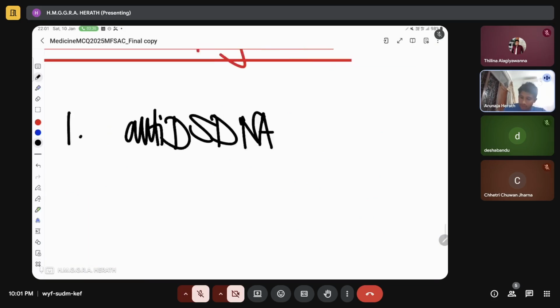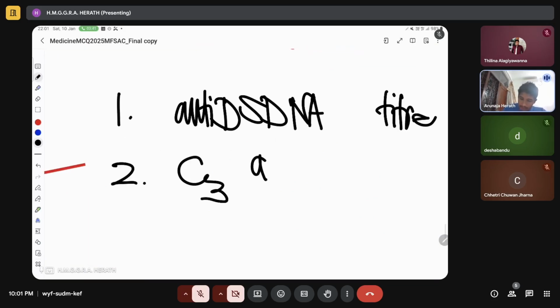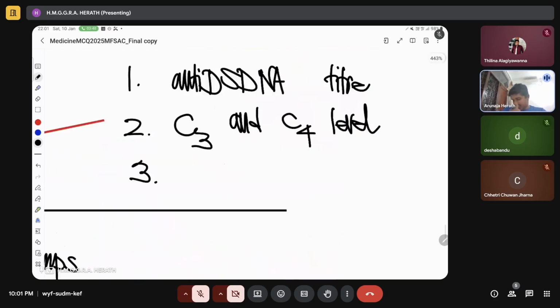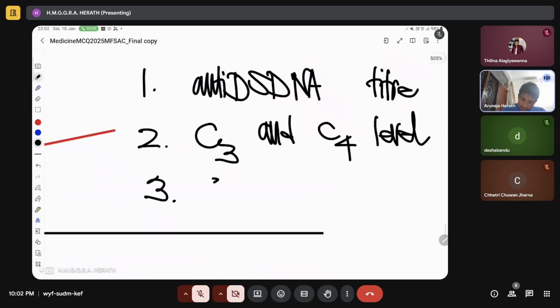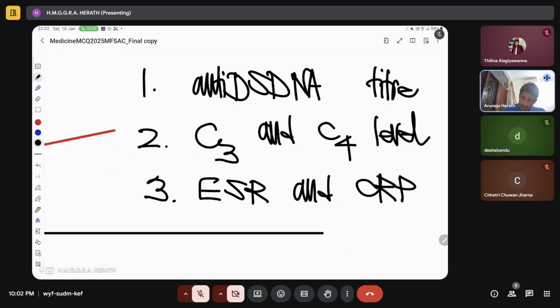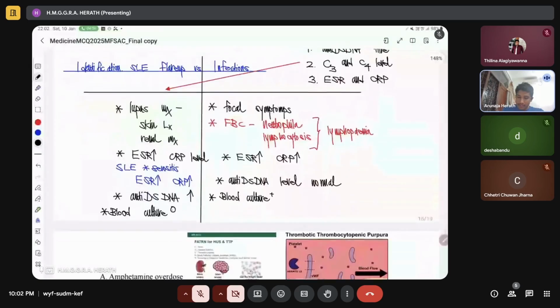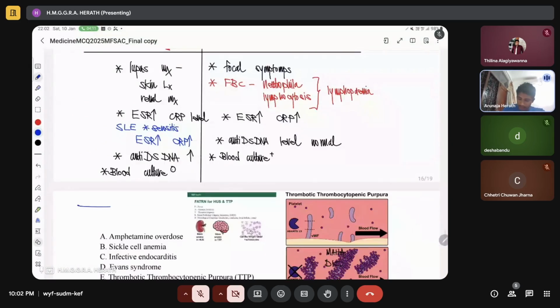that is one thing used to diagnose an SLE flare-up. C3 and C4 levels are also used to diagnose an SLE flare-up. Another is ESR and CRP, which is however non-specific. Mainly these are the investigations useful in diagnosing an SLE flare-up and infection. And the treatment is, as you know, very